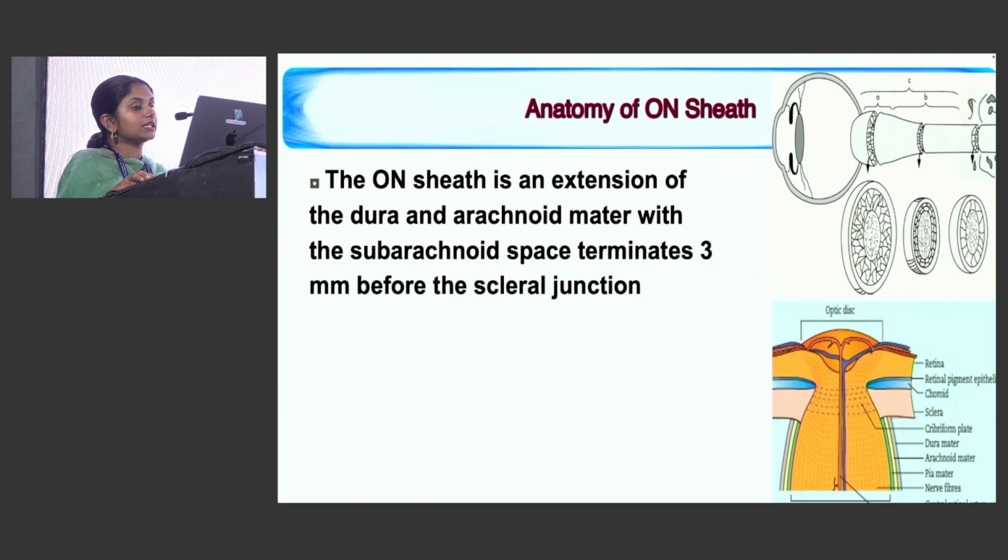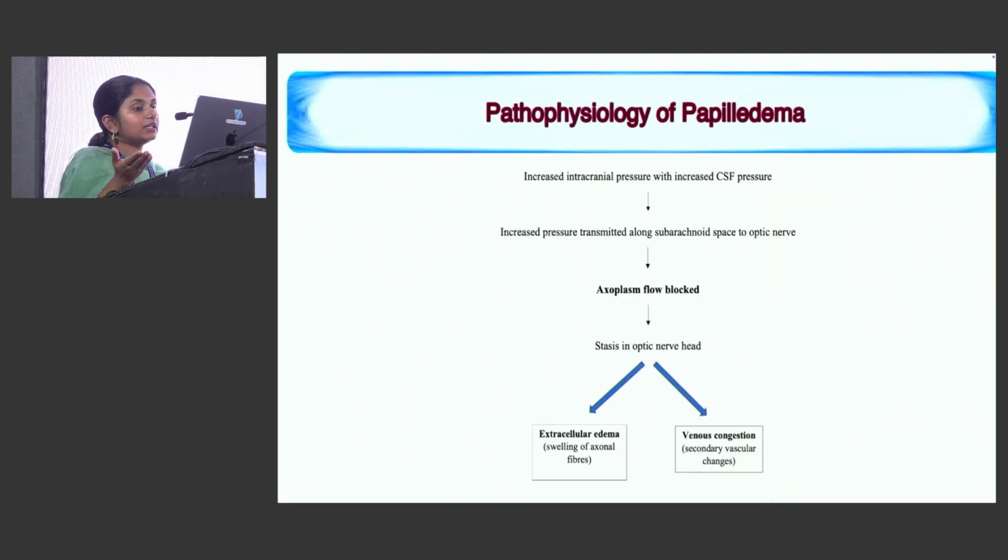The optic nerve sheath is an extension of the dura and arachnoid mater, with the subarachnoid space terminating 3 mm before the scleral junction. So whenever there is increased ICP, it is transmitted along the subarachnoid space to the optic nerve, which causes axoplasmic flow blockage and stasis in the optic nerve head. And this can cause extracellular edema due to the swelling of the axons, as well as venous congestion causing